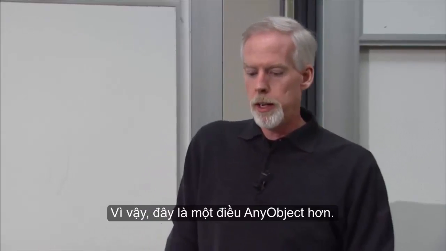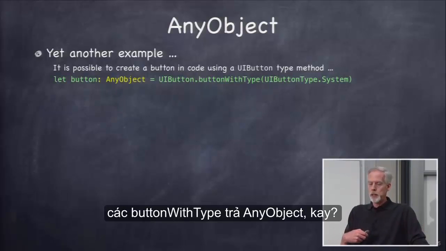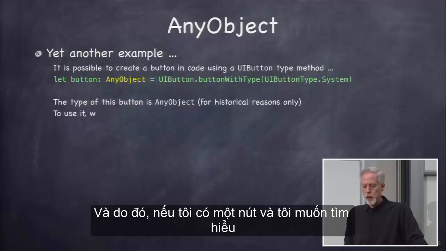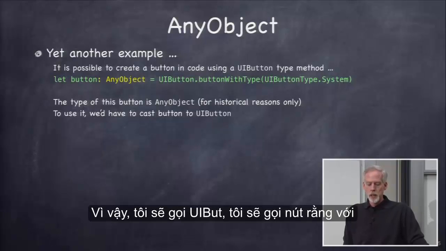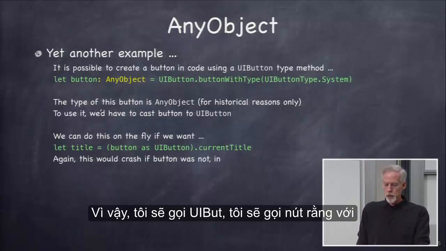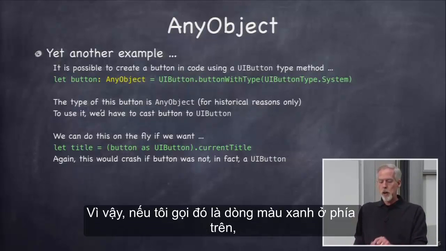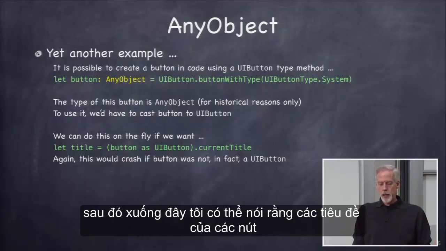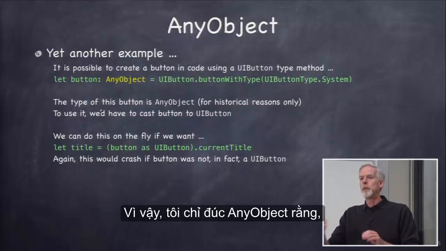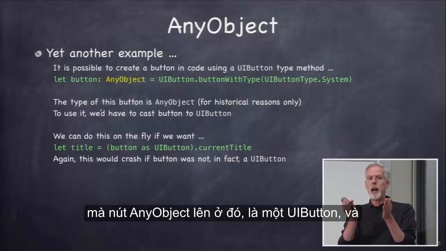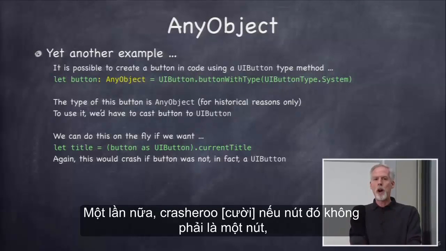So here's one more AnyObject thing. Let's go back to that button thing. So I told you the button with type returns AnyObject. Okay? And so if I got a button and I wanted to find out its title or something like that, I have to cast it. So I would call that button with type, and I can cast on the fly, right inline. So if I called that line on green at the top, then down here I could say the title of the button equals button as UIButton.currentTitle. So I'm just casting that AnyObject, that button AnyObject up there, to be a UIButton, and then sending it a message. So you can cast on the fly. Again, crash-a-roo if that